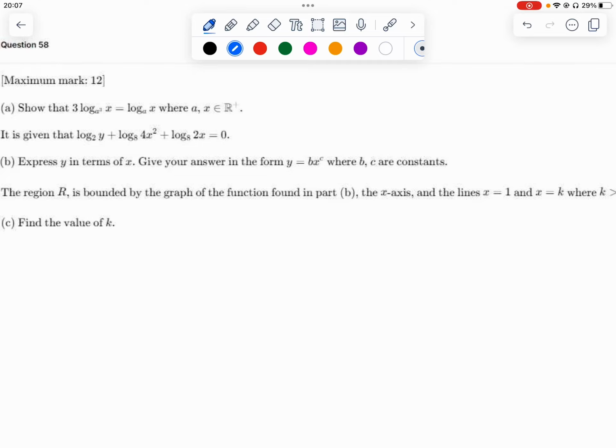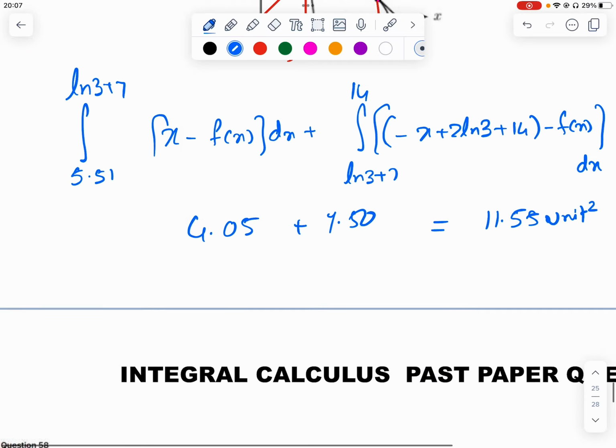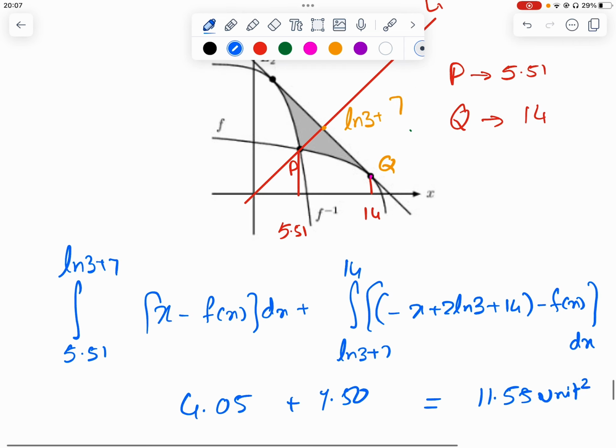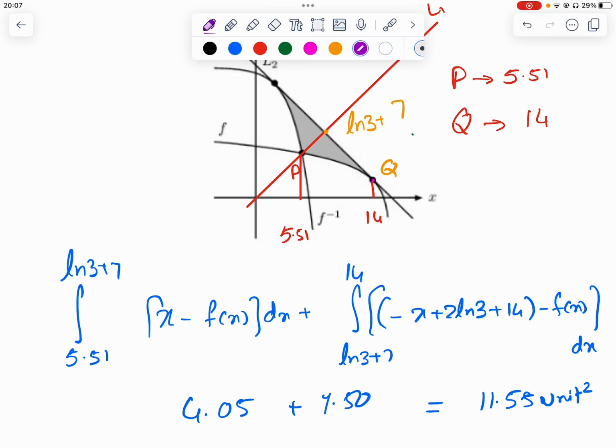Show that. And is that the only answer? That's 11.55, but that's not the area of the shaded region. So we have found only the area of this part. Now, as such, we know what we have found is between 5.51 and, let us find it carefully over here,